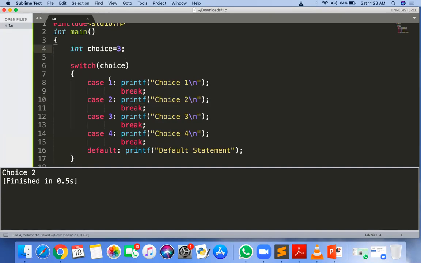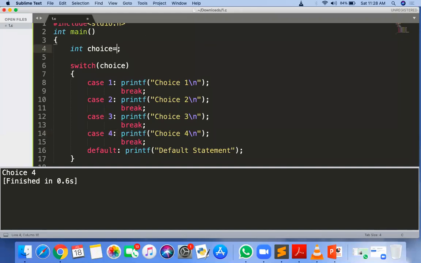If choice equal to 3, first it is matched with 1, no match, matched with 2, no match, matched with 3, yes, match. So choice 3 will be printed. If your choice is equal to 4, then 1 is not a match, 2 not a match, 3 not a match, but 4 is a match. So choice 4 will be printed.